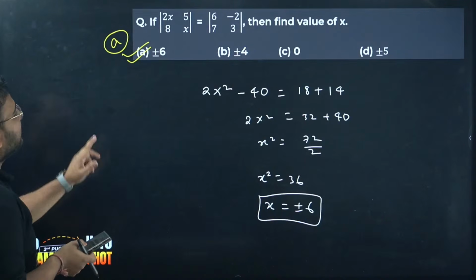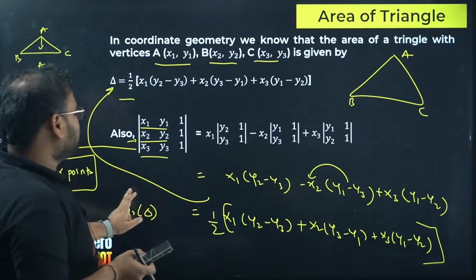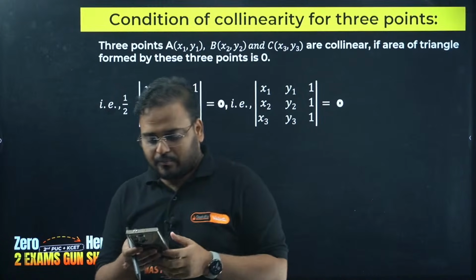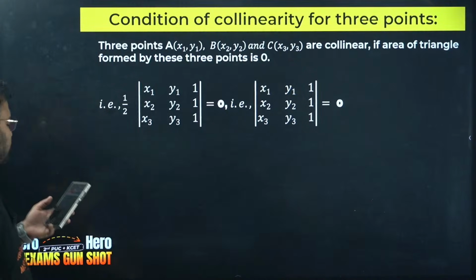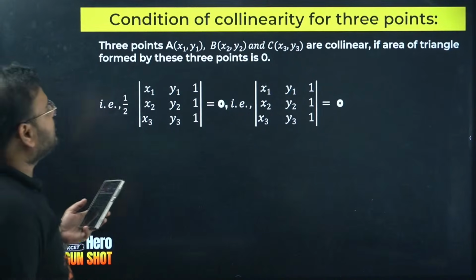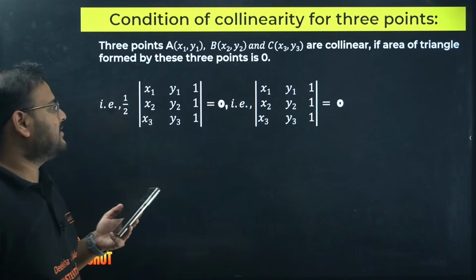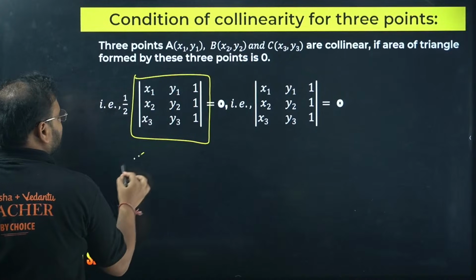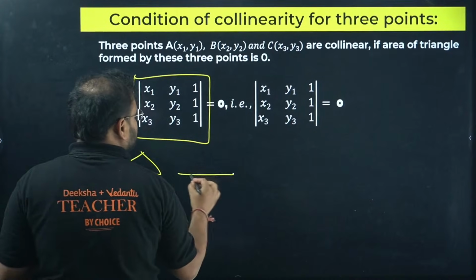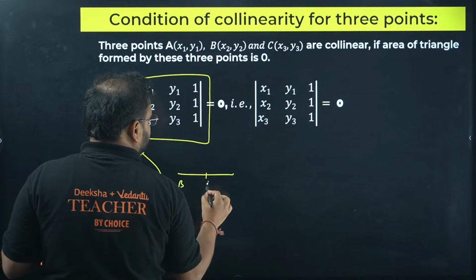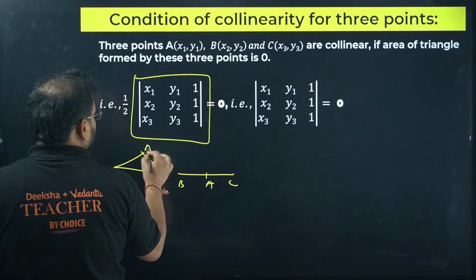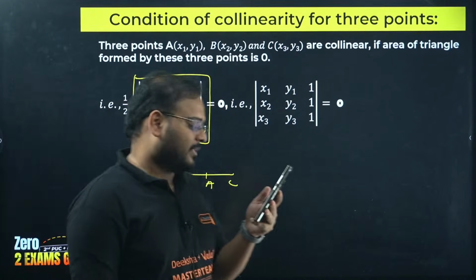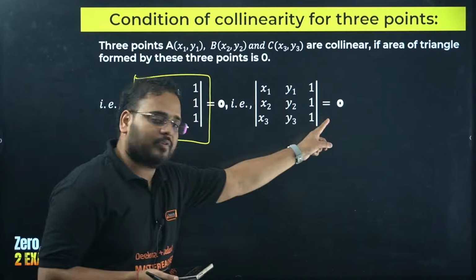So I'm going to move on now with the current class, which is area of triangle, and we're looking for conditions of collinear points. The condition of collinearity for 3 points is very simple. When this expression becomes 0, the reason is very simple: the triangle, when it was like this, becomes on the same line BAC, so it transforms from a 2-dimensional figure to a 1-dimensional line, hence it's going to be 0 over there.